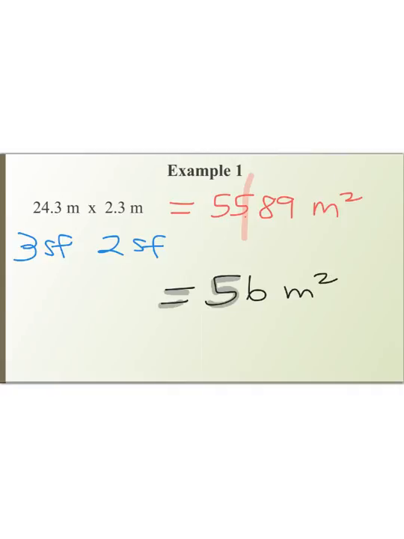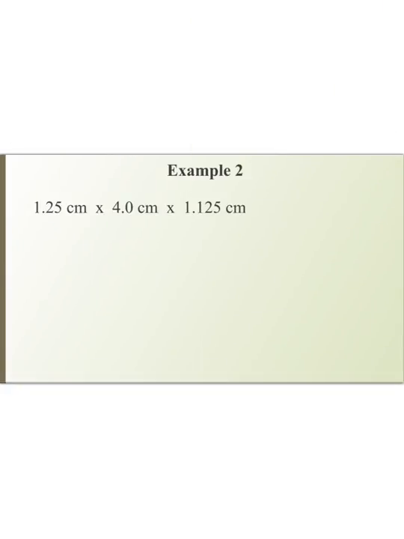Let's look at another example. In this next example, 1.25 centimeters times 4 centimeters times 1.125 centimeters. So we're going to count our significant figures. I've got 3 significant figures, 2 significant figures, and 4 significant figures. So that means my answer is only going to have 2 significant figures. So when I work out the calculation, I get